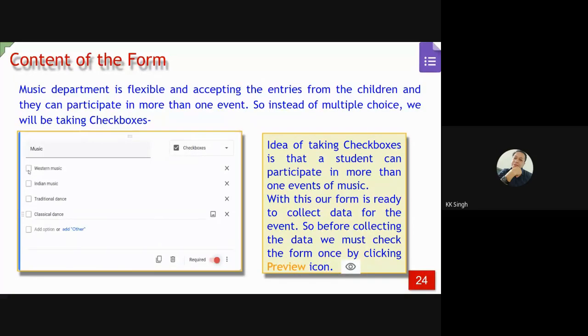And if he or she is willing to take part in Indian music, we can click this also. So we'll have two options here. And if I want to select all, then it means I want to participate in all the programs available in the music part. So check marks will allow you to select multiple options.